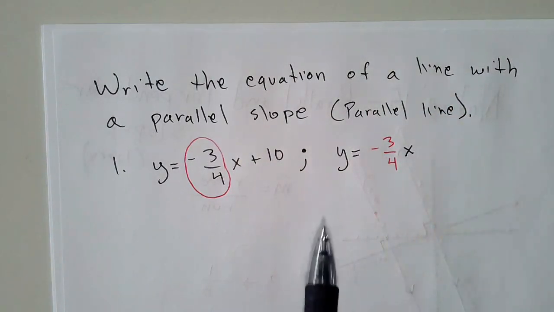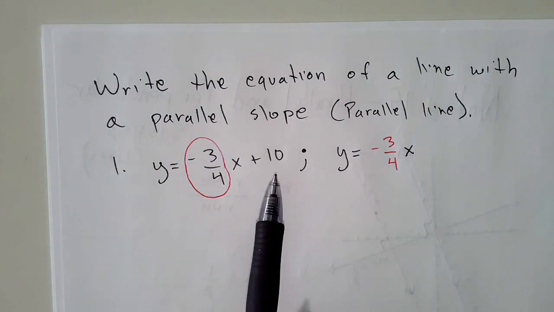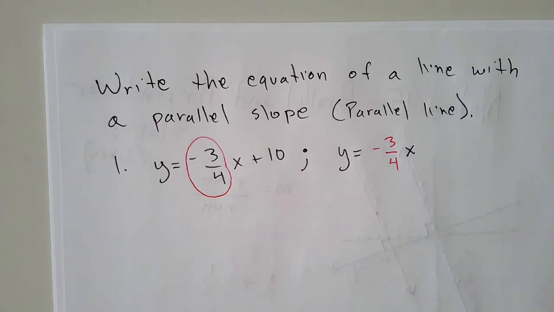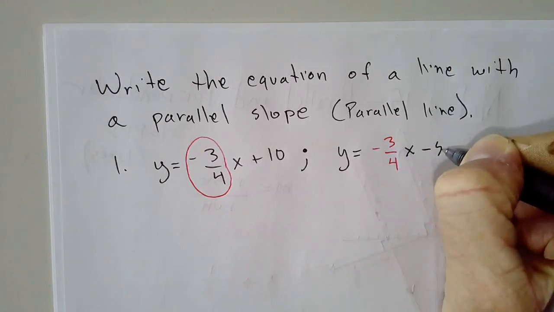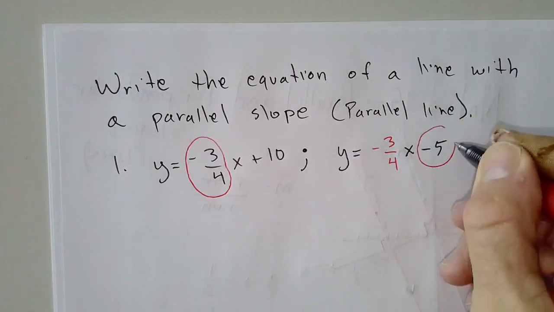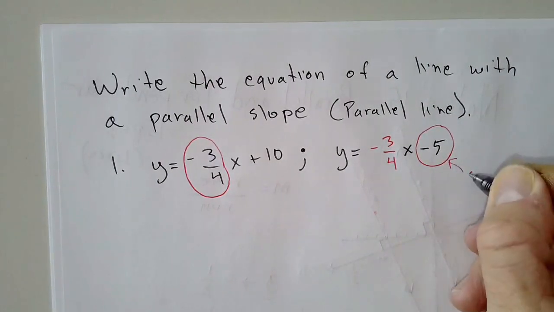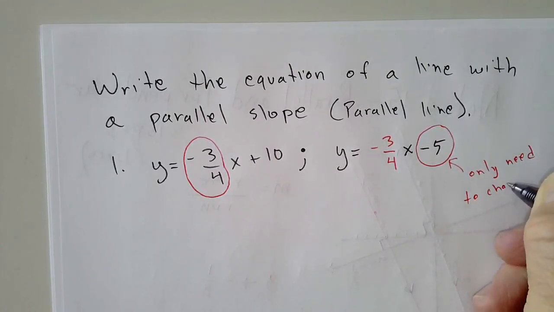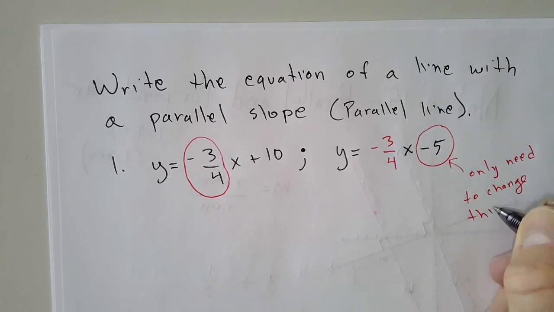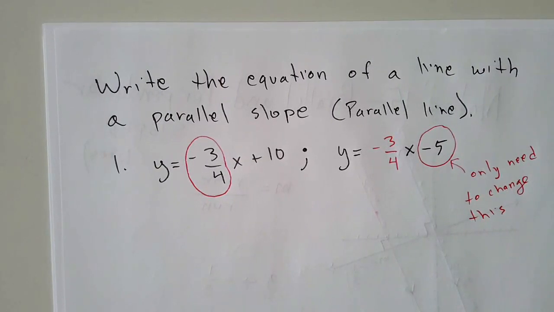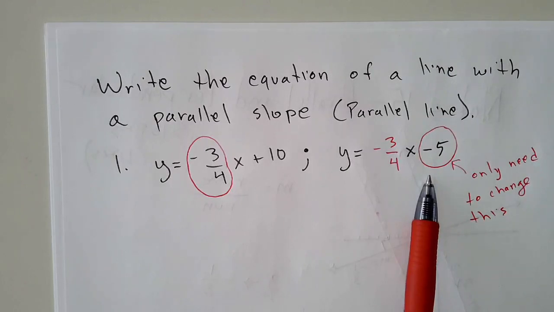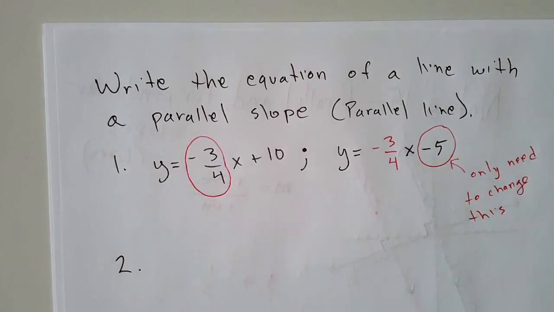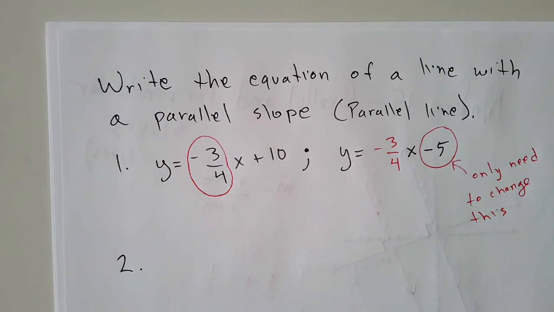And then all I'm going to do is change the y-intercept. So I can change that to 0 and just leave this as it is. I can change it to whatever number I want. How about this? I'll pick negative 5. Okay? So you only need to change this, which is the b. You only need to change that. We'll do another example for class. Okay, so I'll leave room for another example, but for the video, I'm just going to go ahead to the